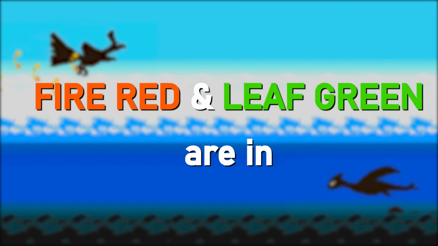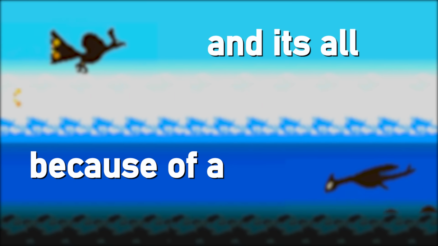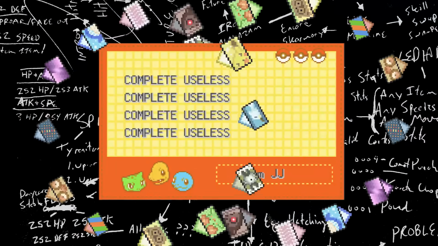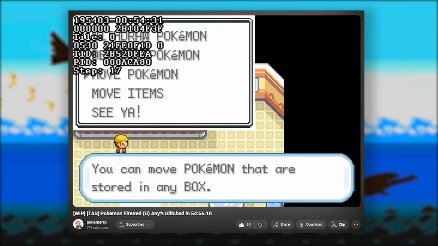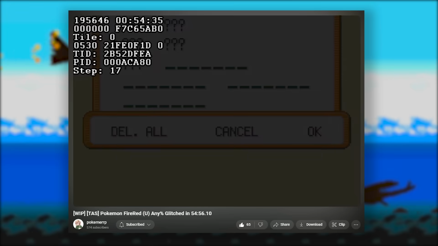FireRed and LeafGreen are in the midst of a glitch revolution, and it's all because of a completely useless item. Mail. Let me explain. Almost exactly 1 year ago, Pomeg posted this video of a speedrun that involves using mail to